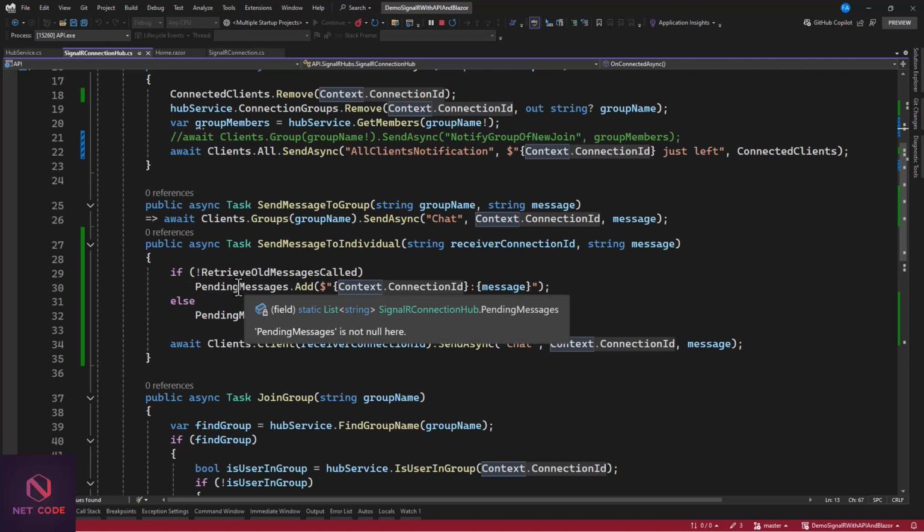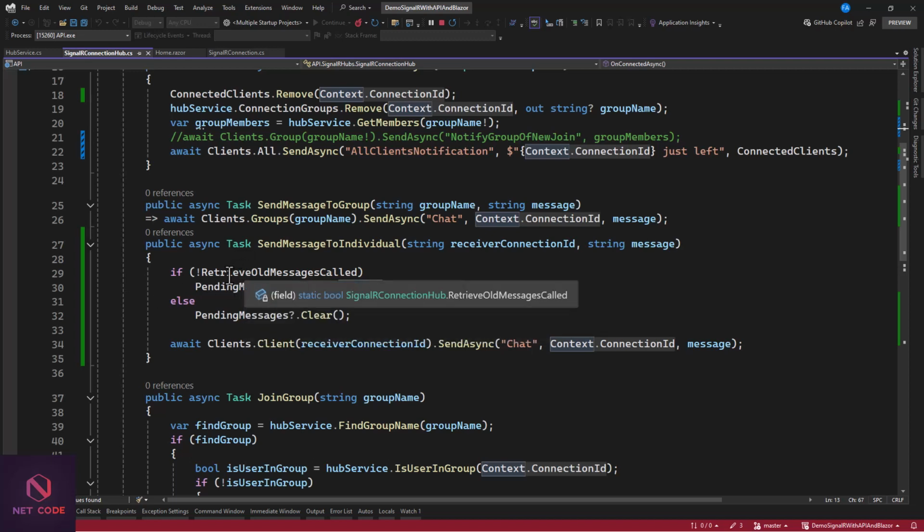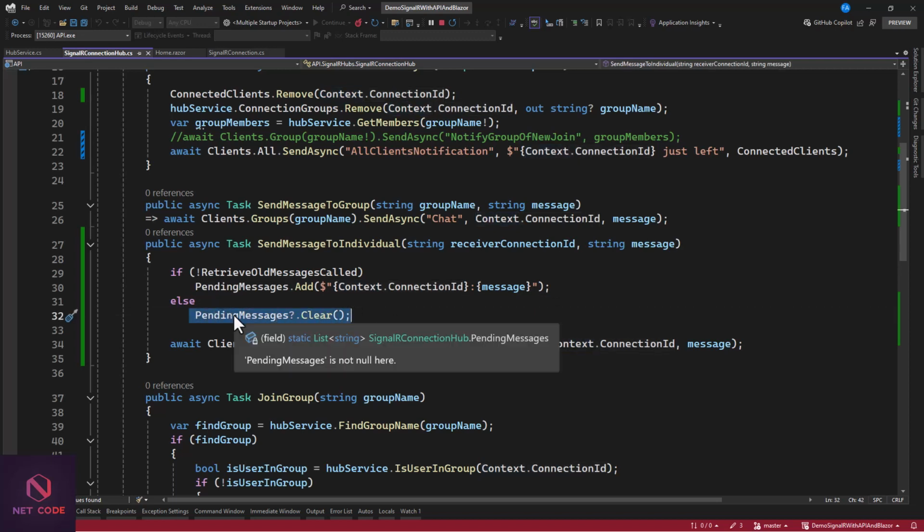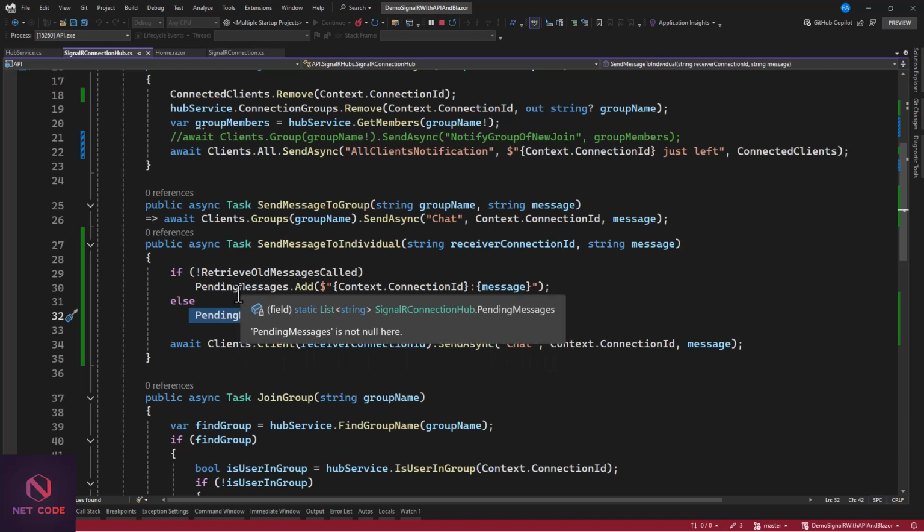As soon as the user tries to view the message, this will be set automatically to true. So setting this to false means the user hasn't clicked on it to read the message. And in that case, we set this to false, and we're going to add this to the pending. In case this is set to true, that is when the user clicks on view to view the message, then we're going to clear the messages in here,